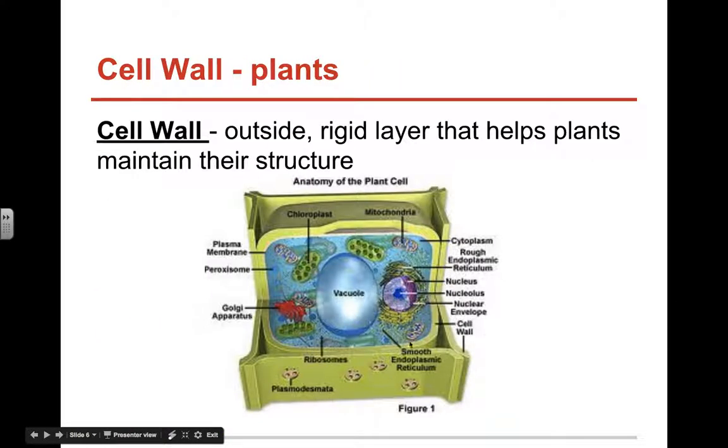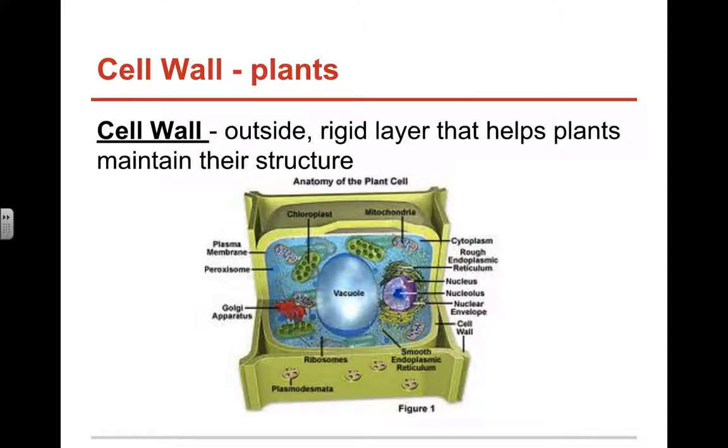So there are other parts of the cell. We're not going to label cells right now, but there are other parts of the cell that you may see or hear about, right? The Golgi apparatus, the endoplasmic reticulum, etc. Peroxisome. So we will talk about some of these other structures later.